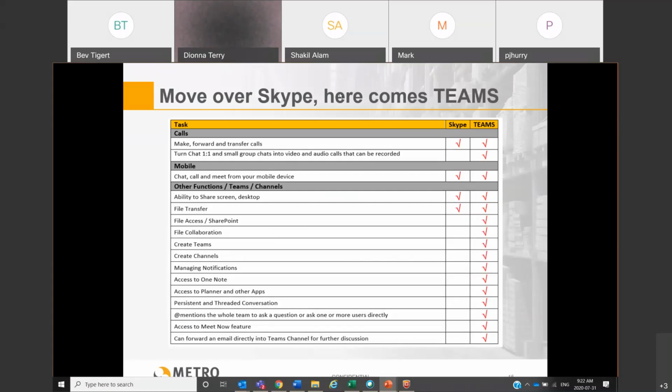So in this little screen, you're going to see here, just focusing on the other functions, teams and channels, you can see over here, Skype and Teams, definitely more features that will enhance your everyday activities. So ability to share your screen and desktop, Skype Teams, yep. File transfer, yes, you could do both. Keep in mind that transfer means you're not really collaborating or co-authoring together. You're just giving it to somebody. They're going to work on it and put it back to you, or they'll put it back in Box or wherever you house your documentation. Whereas here, you can actually do file collaboration, work on it together at the same time or not.